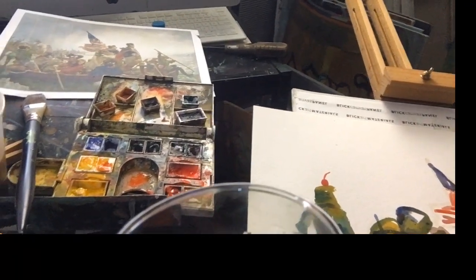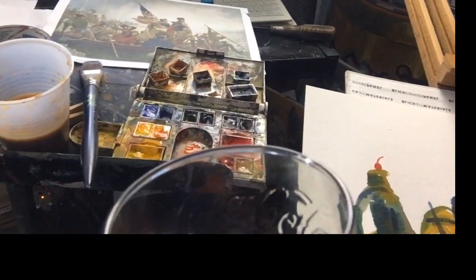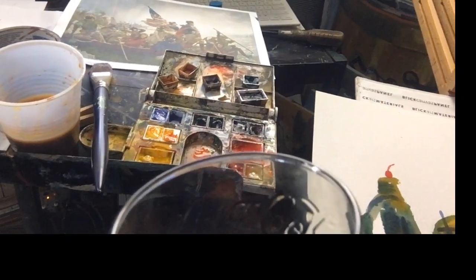Now, yeah, so watercolor is kind of a pain in the ass in terms of having full control. You kind of have to be, you gotta have a...